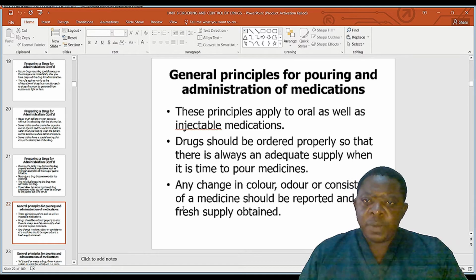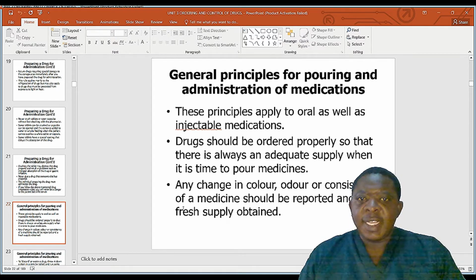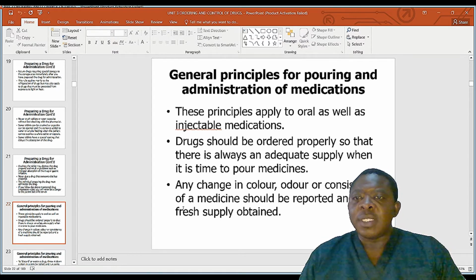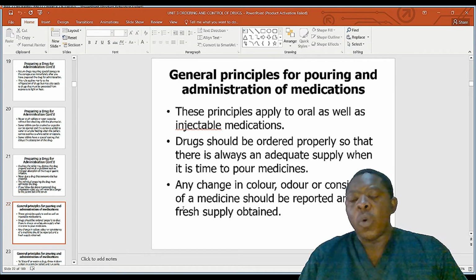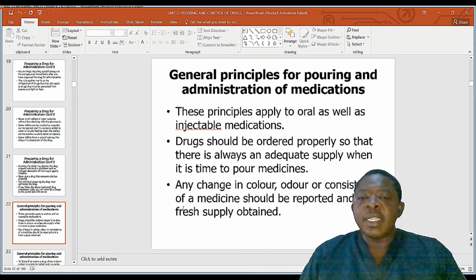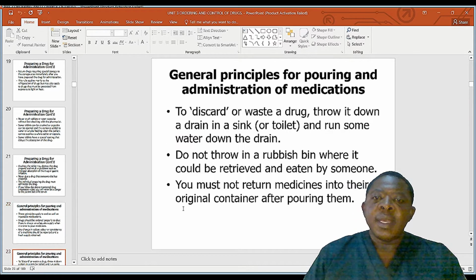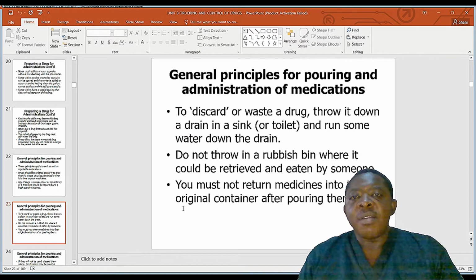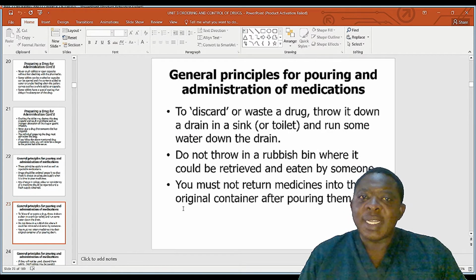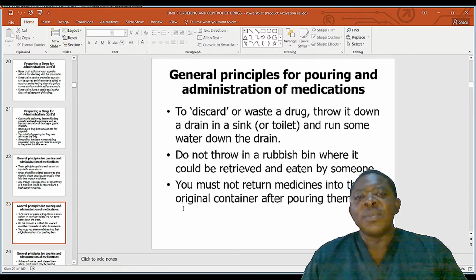Drugs should be ordered properly so that there is always an adequate supply when it is time to pour medicine. Any change in color, odor, or consistency of a medicine should be reported and a fresh supply obtained. To discard or waste a drug, throw it down a drain, in a sink or toilet, and run some water